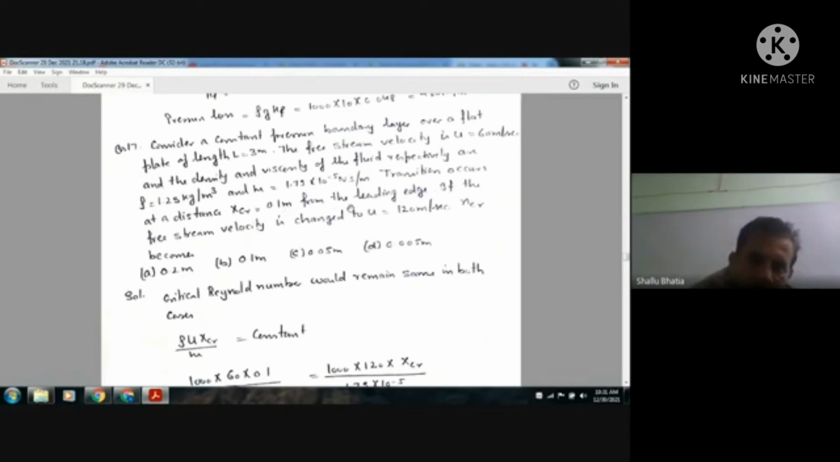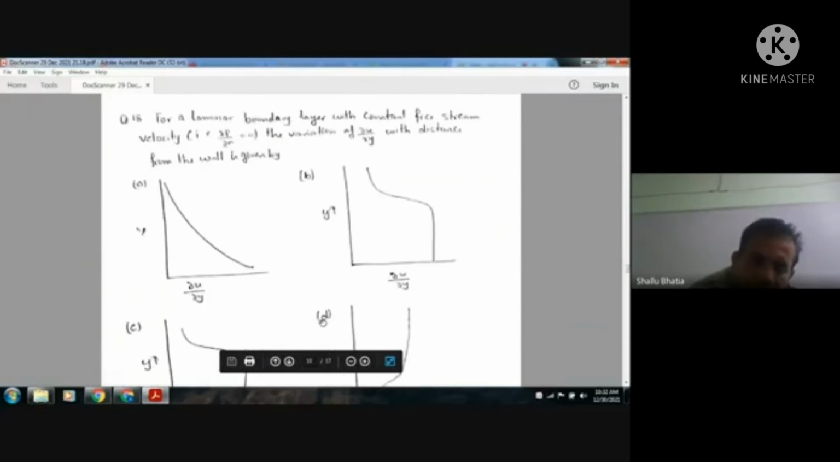Okay, and in the second condition, u is 120, and xcr is equal to 0.1, and mu is equal to 1.79, and rho is 1.23. Sorry, xcr we have to calculate. Because the critical Reynolds number remains the same in both the cases, so the answer will be xcr. Okay, next,